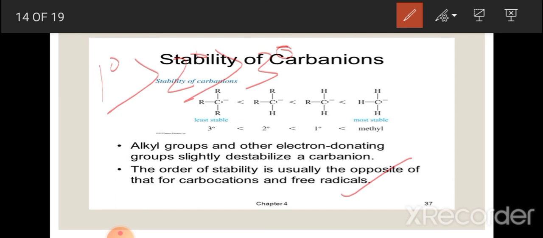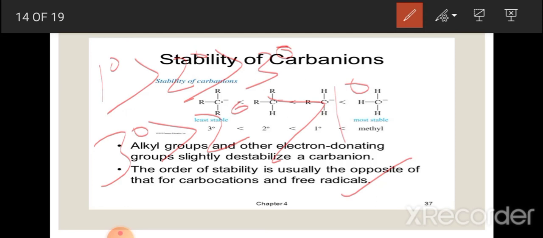The reaction intermediates are short-lived and they are very reactive. This sentence is for all the three: free radicals, carbocations and carbanions. Carbanions combine with cations or electron pair acceptors, and their reactivity is reverse of their stability. So the reactivity of carbanions decreases in the order tertiary, then secondary, then primary. Orbital structure diagram: again, I am telling you that when I discuss molecular bonding, I will take the structure of carbonium, carbanion, and carbon also.